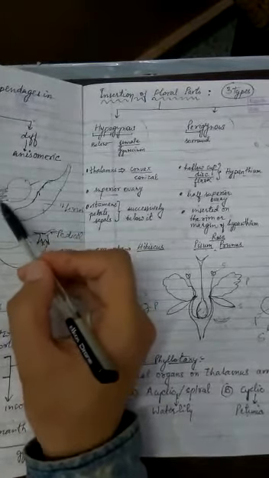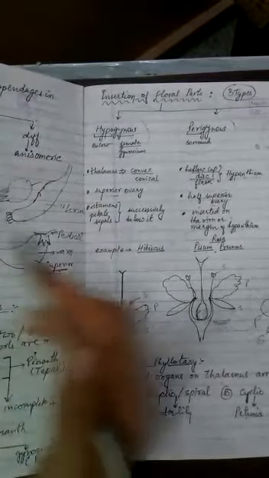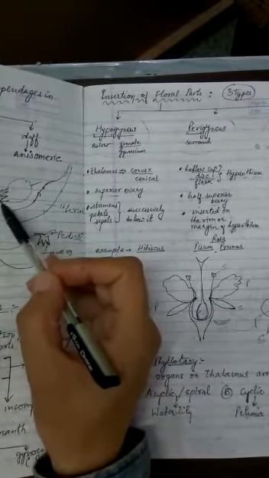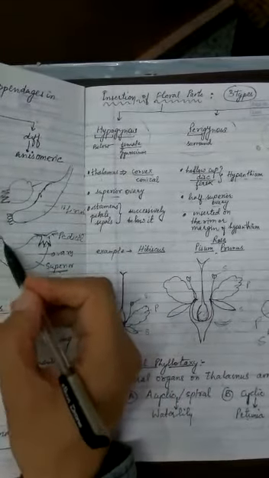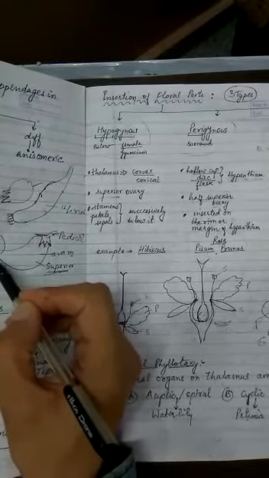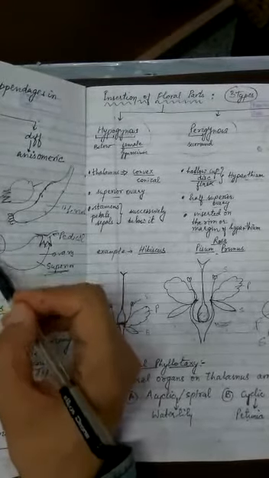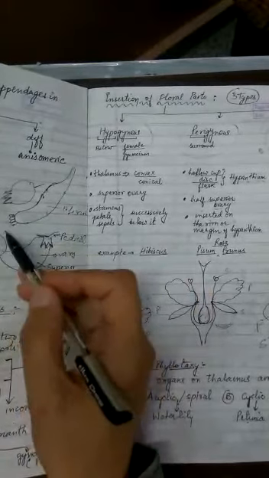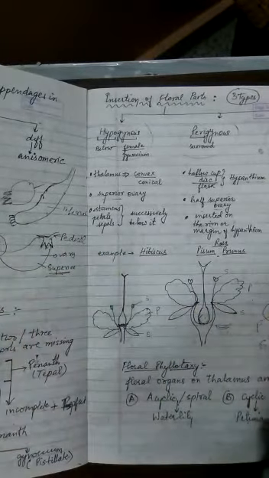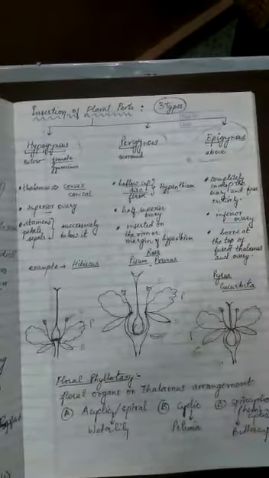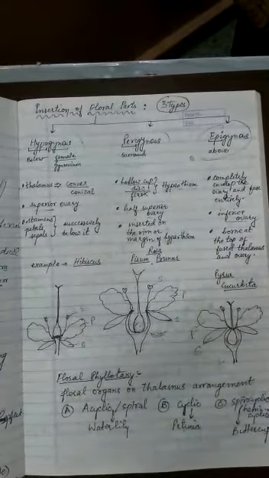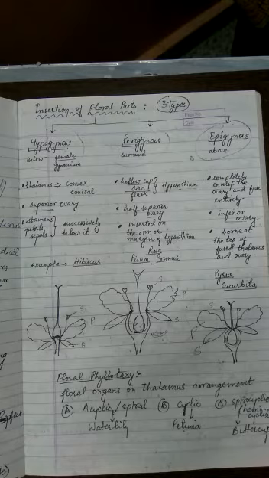So these are sepals. So whenever the leftover portion of the flower is farther from the ovary, it is superior. Even in the case of apple, you would have seen there is a small depression here which carries stamens. So this shows that the ovary is closer. Whenever the ovary is closer, that means the ovary is going to be inferior. Inferior ovary means epigynous type of flower. I hope this point is clear to you. So this is how, according to the insertion, flowers are classified into hypogynous, perigynous and epigynous.